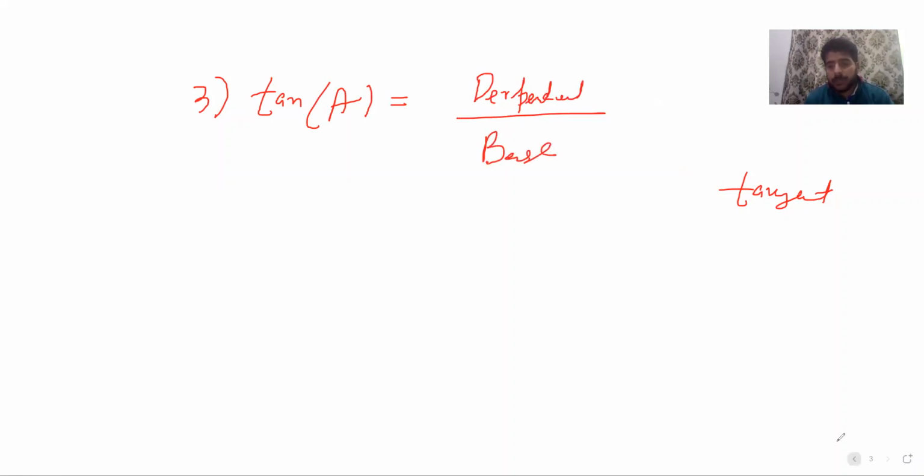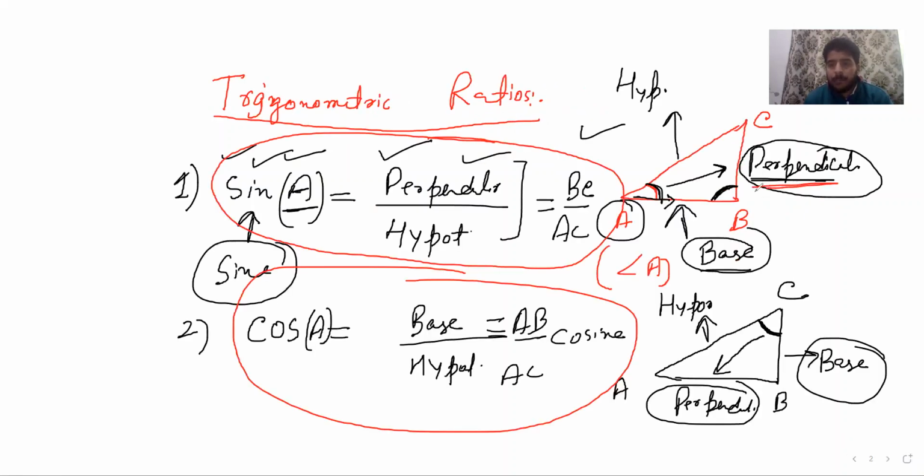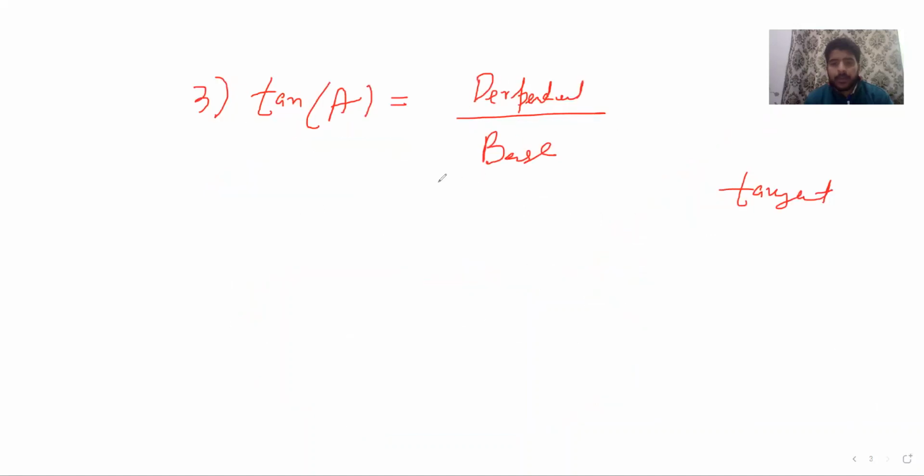If you have a look at this thing, what is perpendicular? It is BC divided by base, which is AB. So it is simply BC divided by AB. If I divide the numerator and denominator by the hypotenuse, that is your AC,